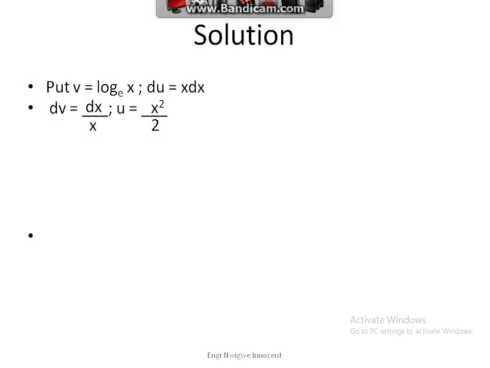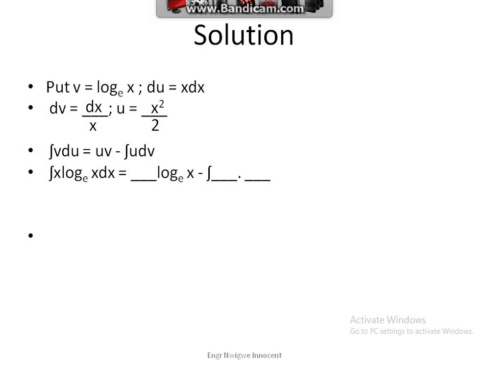Now from the formula, the integral of v du is equal to uv minus the integral of u dv. Therefore, substituting the values in the formula, we have the integral of s log to the base e of s ds is equal to